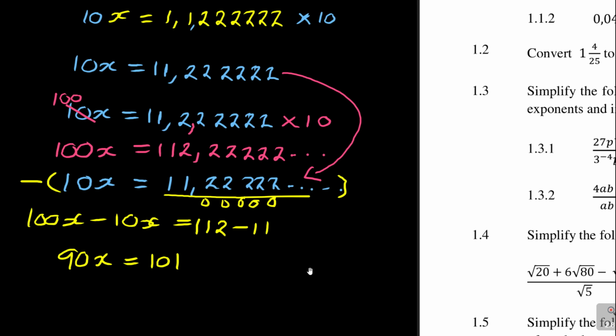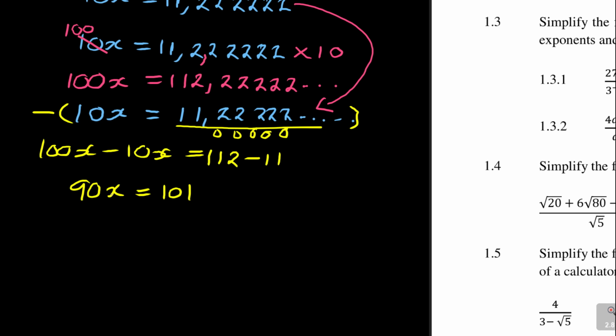And you know guys, when you're solving for x, you want to remain with x here. So what is it? You need to get rid of this 90, and x here is multiplying, remember. So the opposite of multiplication is you divide. So divide by 90, you divide by 90 on both sides. So that's how you remain with your x. So what is our x? X is equal to